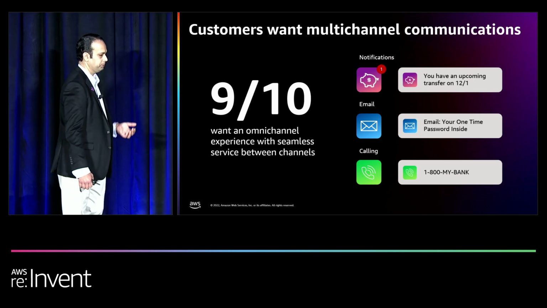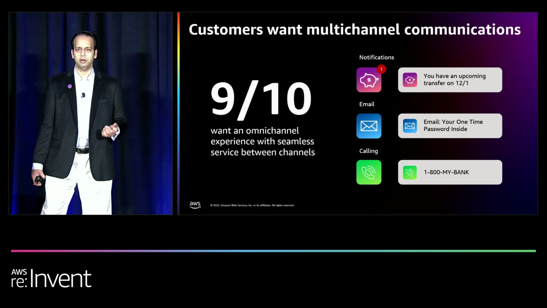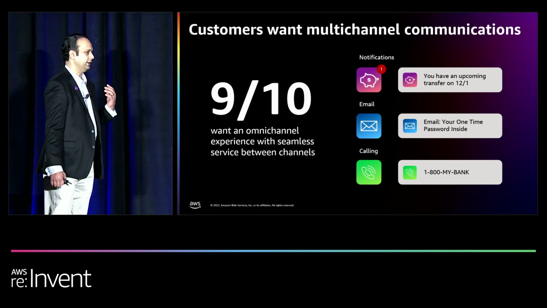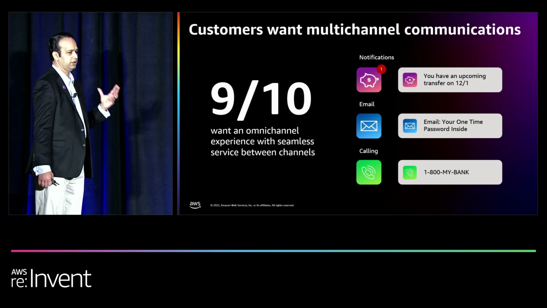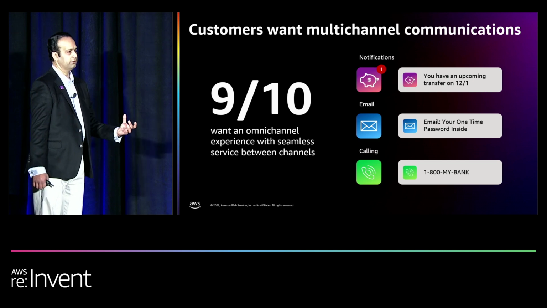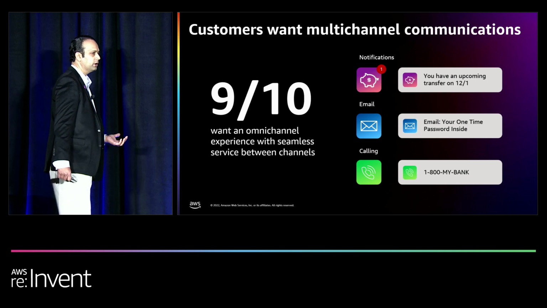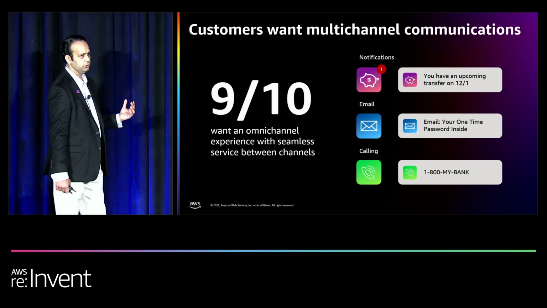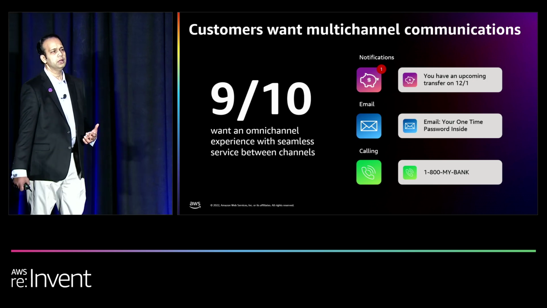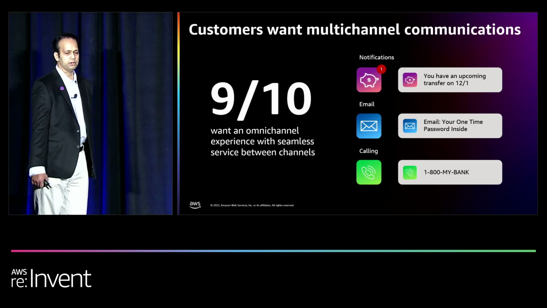So, for example, let's just go through a simple use case of a fraud notification from a bank. The typical thing that you would see is a text message that gets sent to the customer's cell phone, but when they want to now engage with that fraud workflow, they may want to engage in the form of a phone call, they may want to be able to asynchronously just respond via text, they may want to use email, for example, to verify that fraud transaction or to dispute that fraud transaction.